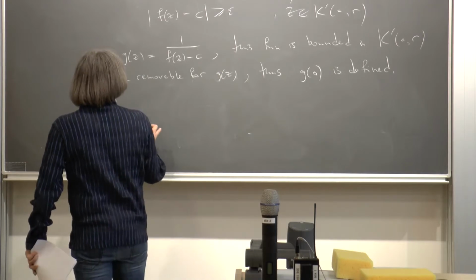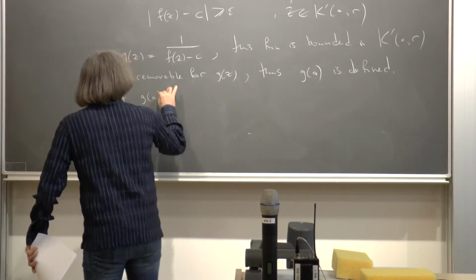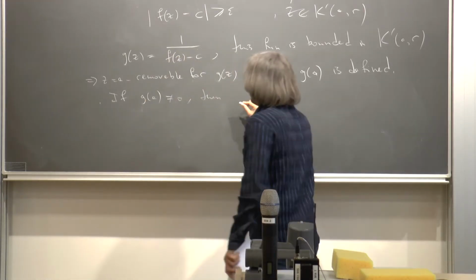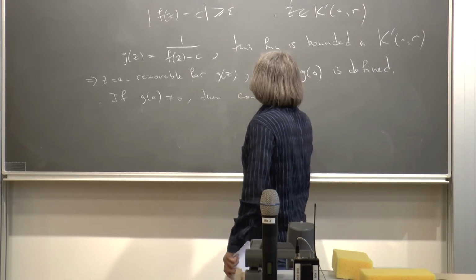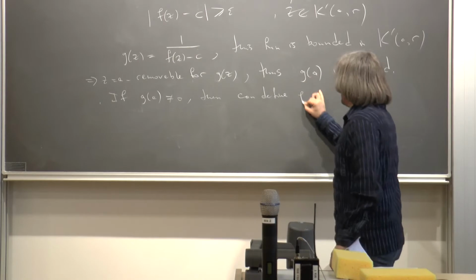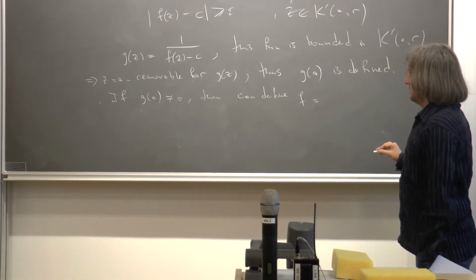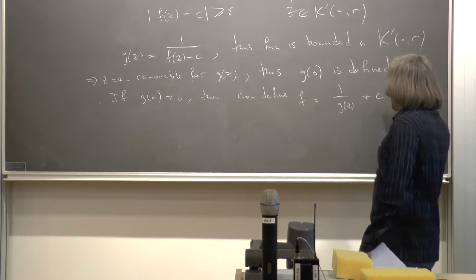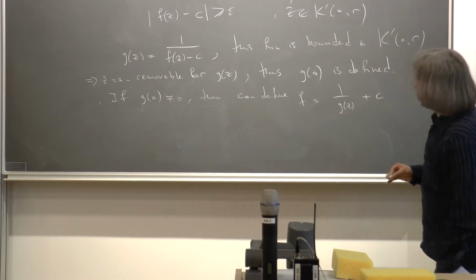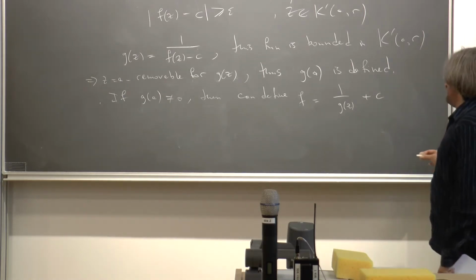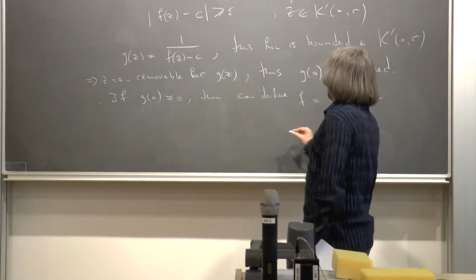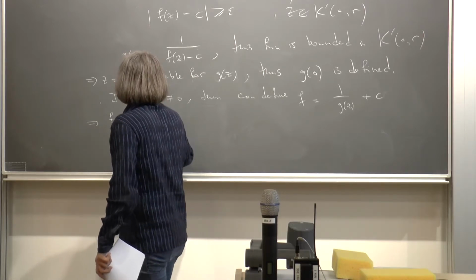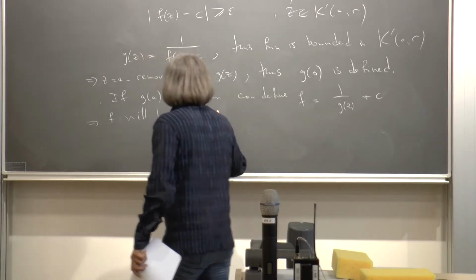If g of a is not 0, then we can define f equal to 1 over g of z plus c, and it will be defined at a. So f will have a removable singularity,